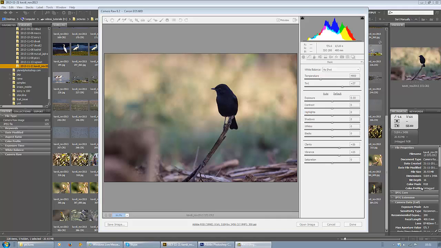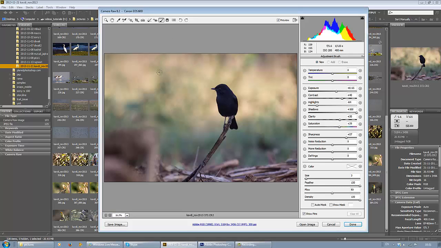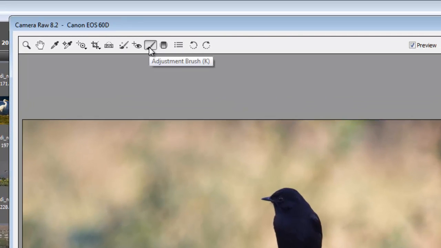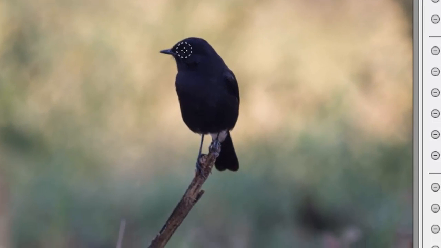Anyway, I'd come home and I can do nothing because this shot is not going to come back to me. So I worked in Camera Raw and I almost recovered all the details in this bird, which is amazing. And we'll see how I did it. So here, I don't want to currently tinker with the background. I've just picked up this tool here, adjustment brush in Camera Raw, and I am just going to move it around the bird,